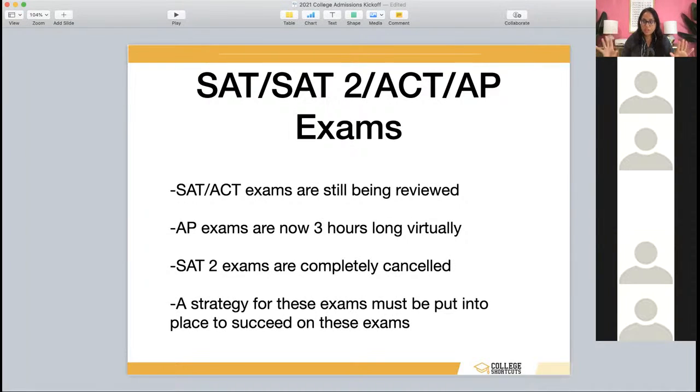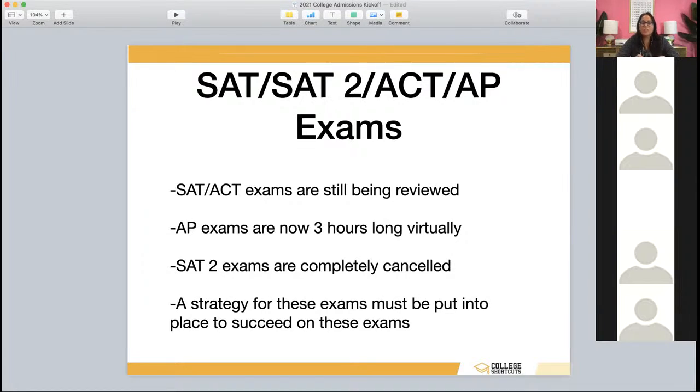Not everything is totally shifted and changed. SAT 2 exams got fully canceled. Like nada, gone, poof. No one's got to take an SAT 2 math, chemistry, history, English, or Spanish anymore, because no one could get into the SAT. So they've thrown that test out. I was shocked when this happened. And maybe it'll come back, but probably not.